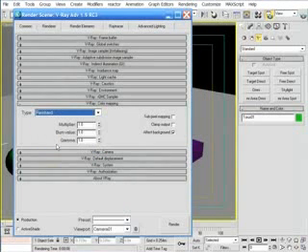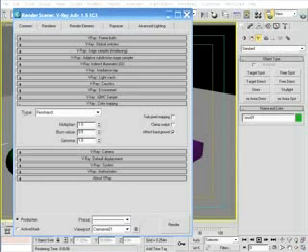This is my personal favorite, and all it does is provide a mixture of linear and exponential. The mixture of these two color mapping types is controlled by the burn value shown here. When burn is set to 1.0, the result is purely linear color mapping, and when burn is set to 0, the result is purely exponential. And as a matter of preference, I always start my scenes with Reinhardt using a burn value of 0.5. When I do, I'm telling VRay I want a 50-50 blend of linear and exponential. And I've just found that this is a great place to start test renderings and a great place to start